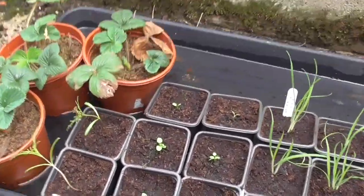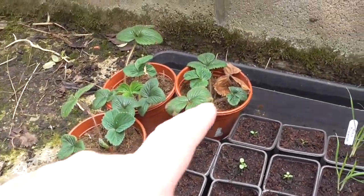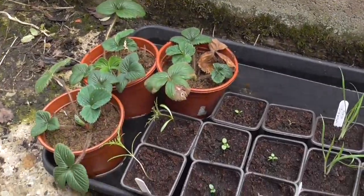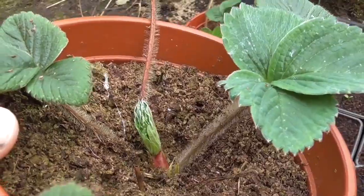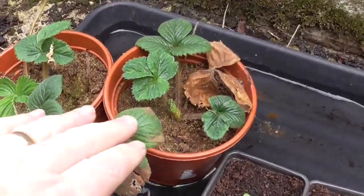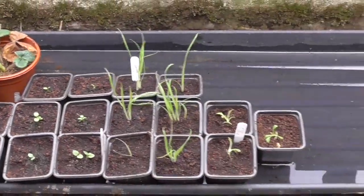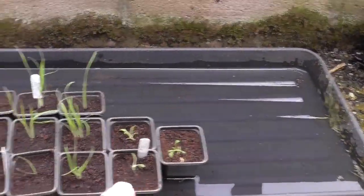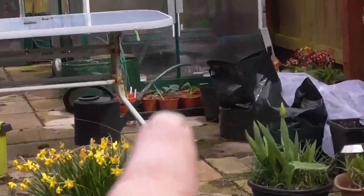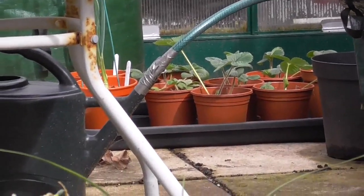Pansies, that's what they are there, and just generally watering the strawberry runners from last year. As you can see, they're all shooting out new leaves now, in the centre and there. I always fill these long trays with water and stand them in. I don't know if you can see over there, I've got another one which has got more strawberry runners,